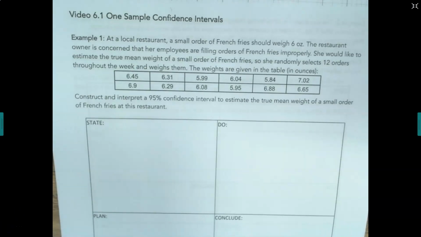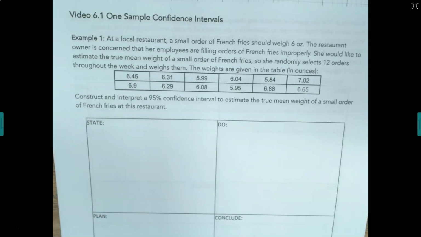So our scenario today is we have a local restaurant where a small order of french fries should weigh 6 ounces. The restaurant owner is concerned that her employees are filling orders of french fries improperly. She would like to estimate the true mean weight of a small order of french fries, so she randomly selects 12 orders throughout the week and weighs them. The weights are given in the table below, and these weights are in ounces. Construct and interpret a 95% confidence interval to estimate the true mean weight of a small order of french fries